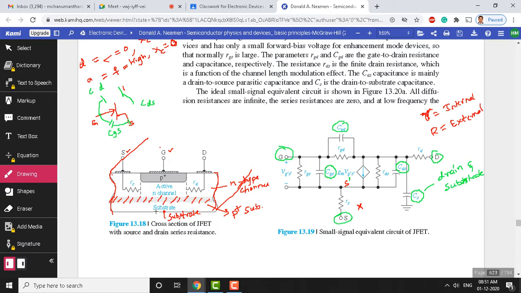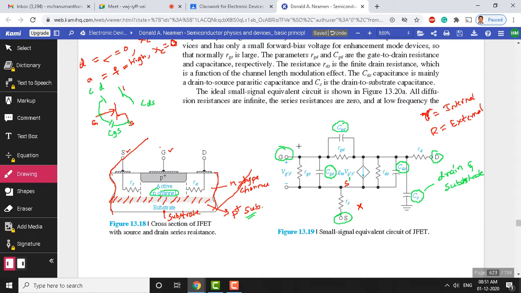The substrate, you understood now, should be the opposite of that of the channel. In our case, this is an N channel, so the type of channel is going to be N type. Therefore the substrate chosen is a P plus substrate. For a P channel you are supposed to choose an N plus type of substrate. Substrate is the background material, on top of which you diffuse many layers so that it forms a transistor.